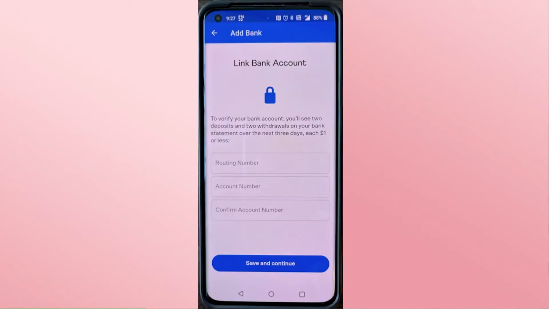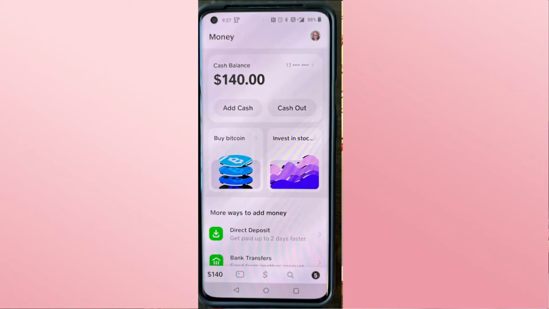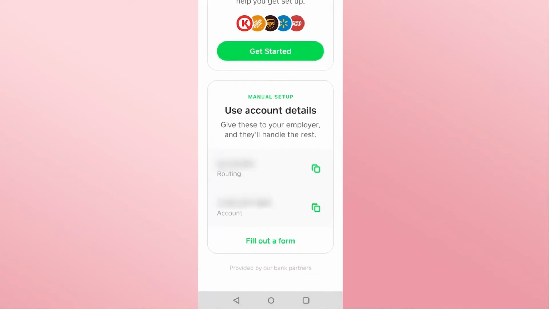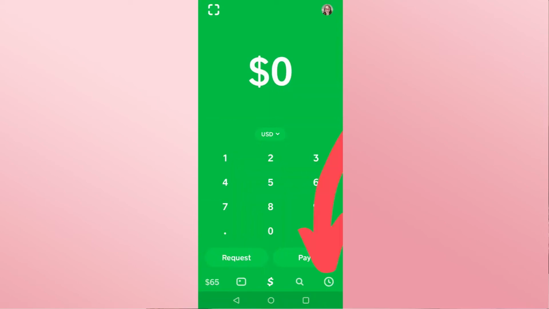After entering all of this information, you can go into your Cash App application and then log into your account. After logging in, tap on the bank account option at the bottom left corner and then tap on direct deposit. From the direct deposit menu, you will need to enter your account details that you have used within your Venmo application as well. After adding your account information, you can go into the history menu from the bottom right